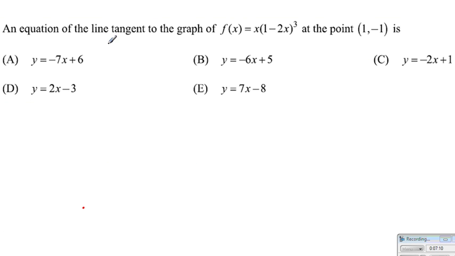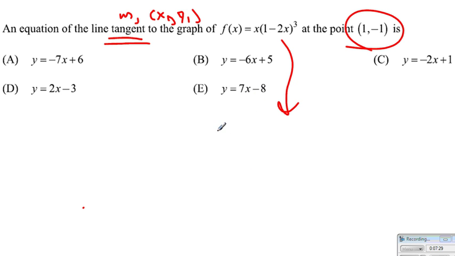Here we're looking for the line tangent to the graph. Then line tangent, that means we need the slope and the point. We already have the point. The only thing which we need is the slope. How are we going to find it? Slope is found by the first derivative. Once again, using the product rule here. So x times